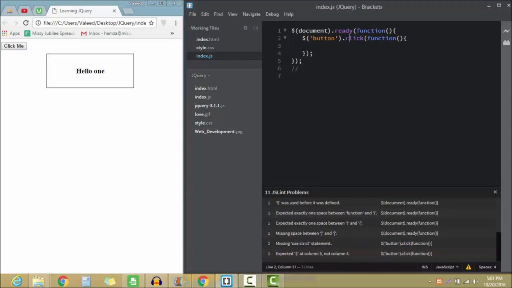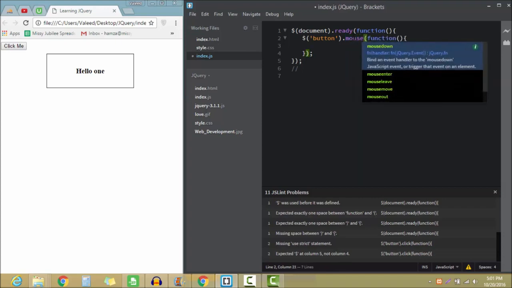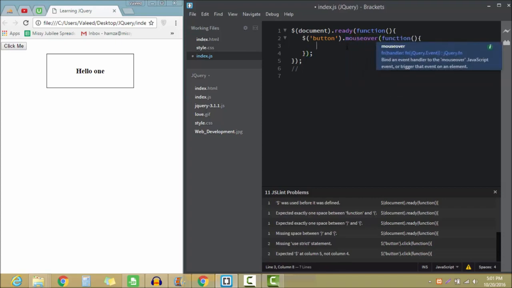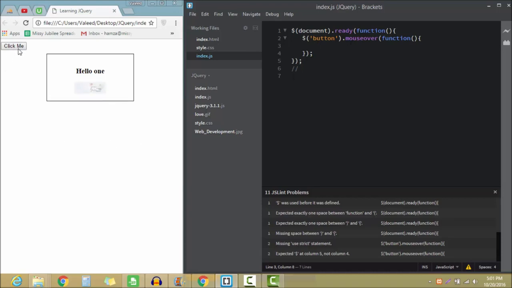In this lecture we are going to work on the different events. As you can see, we have worked on the click event of jQuery in the previous lecture, but now I'm going to work on the mouse over event. So mouse over is also an event of jQuery. So when any user will mouse over this button, right, then what I need to do is